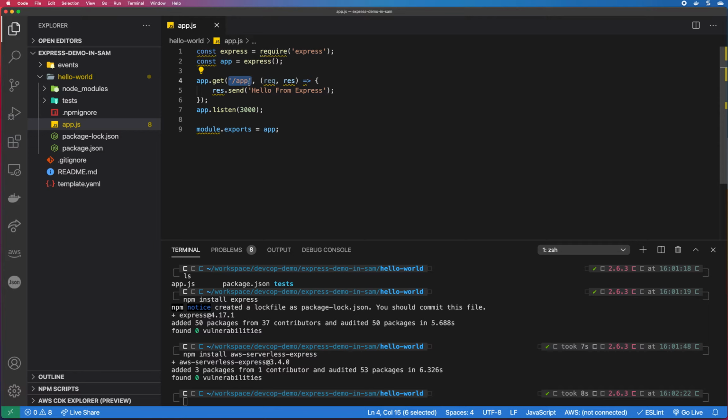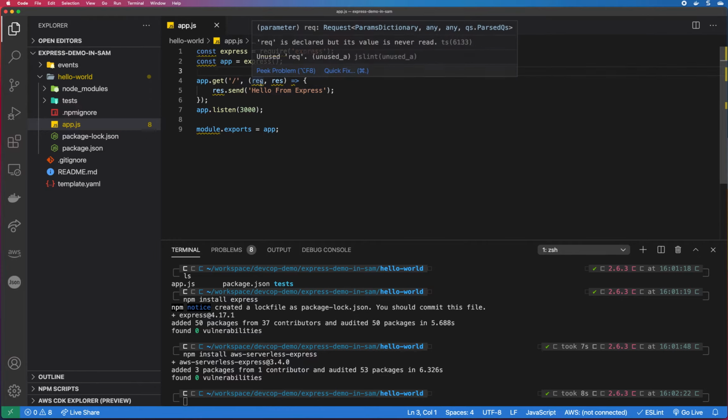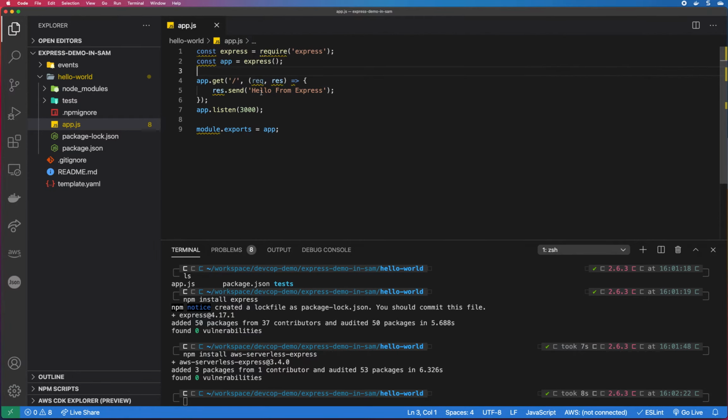The first is the path, and the second is the function, which further takes in two arguments, which are request and response. Okay, so I'll just delete this one. Right, so here I'm just sending a response saying hello from Express, and then I am telling the app to listen on port 3000, and then I'm simply exporting the app. Alright, so that's basically it for this